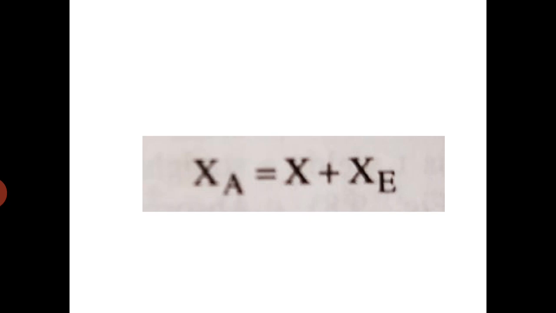how to calculate it: what is the amount of drug present currently in our body, that is X. At 11 o'clock, what is the amount of drug present in our body, along with how much of drug is eliminated out of the body from 10 to 11. What is present now, what is eliminated. The sum of these two will give you the amount of drug absorbed till 11 o'clock. Hope the first step is clear for you. So Xa is the amount of drug absorbed till time t, that is equal to X plus Xe.